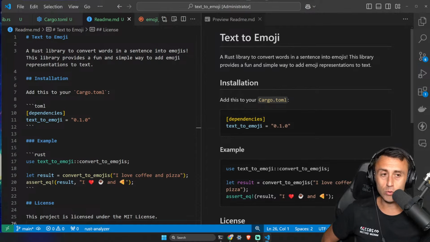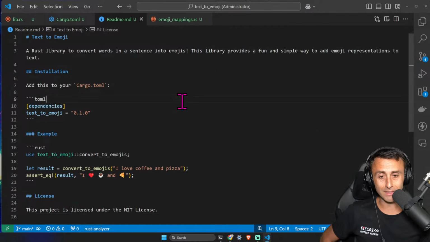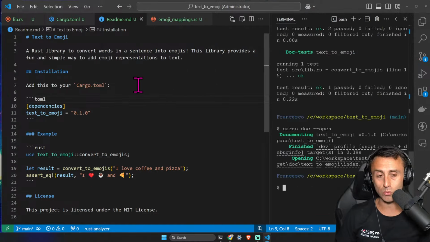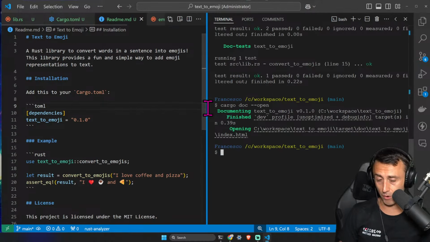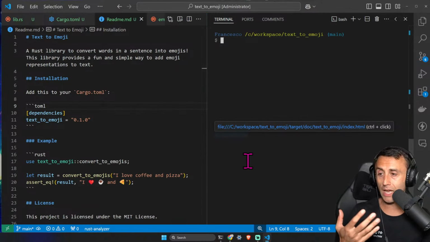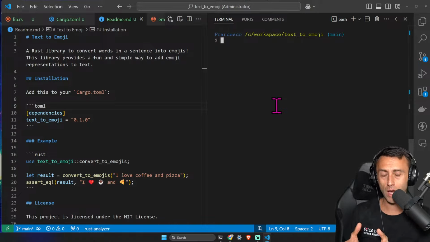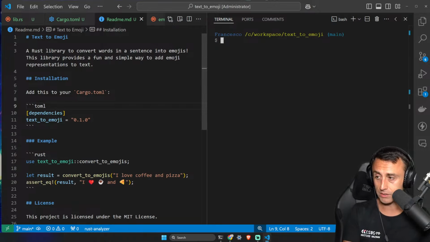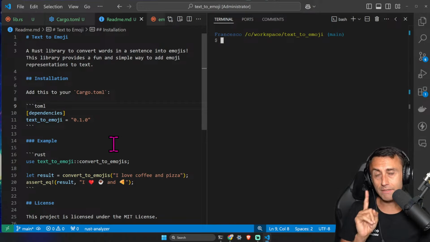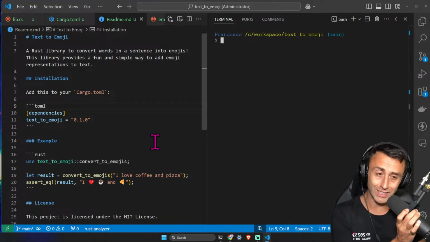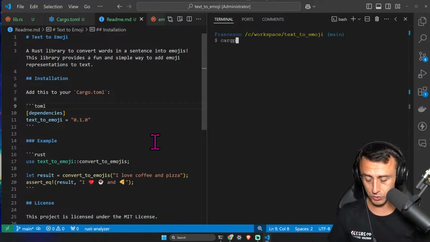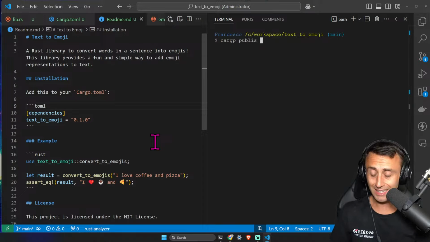Okay, now I want to do something that probably will lead us to some errors, but this is on purpose, because I will try to publish this crate, and I will show you how I will have some hints of what I should do to actually publish this crate. So let's try. There is a very interesting command which is called cargo publish. Let's do this. Cargo publish